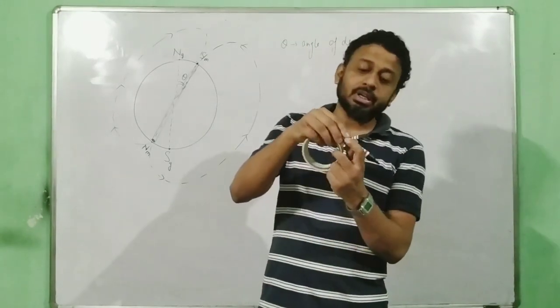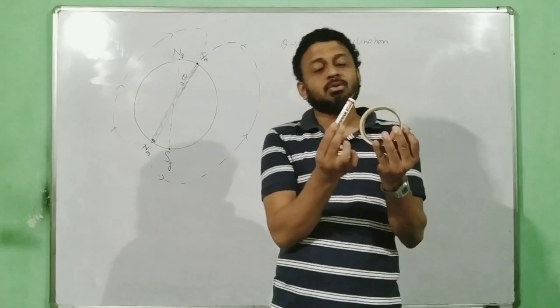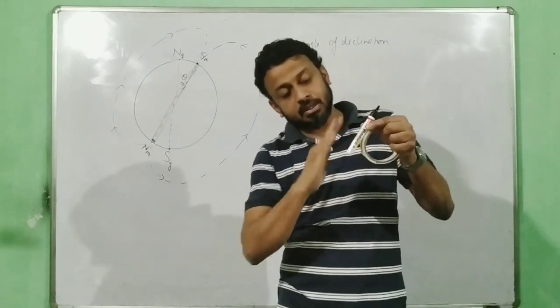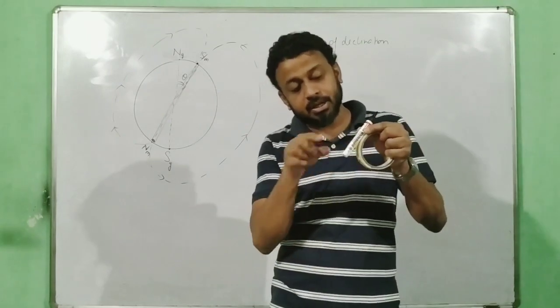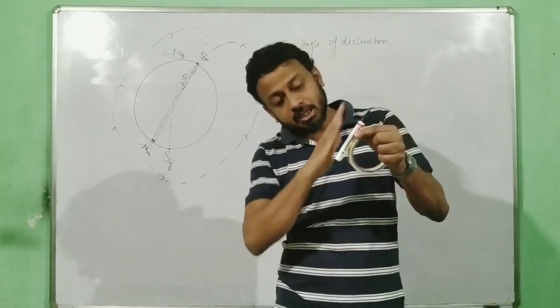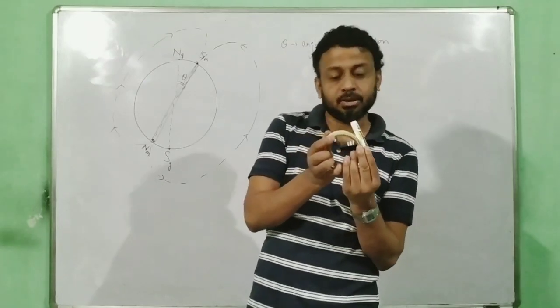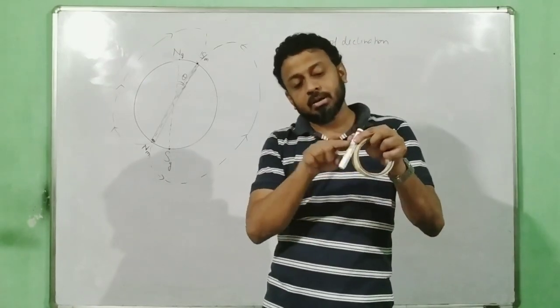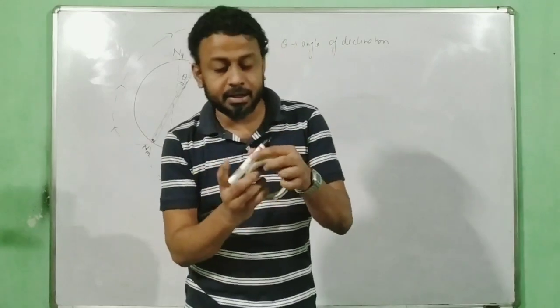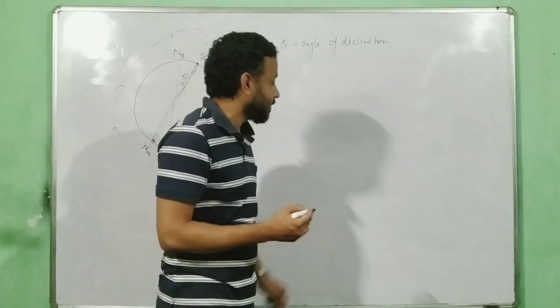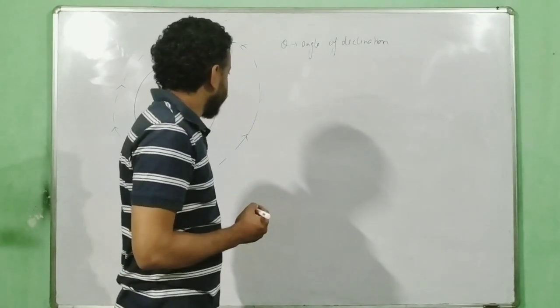So if it is over here, it will dip in this direction. But if it is here, this is also called dip only, because it will make an angle like this. So here also it will be in this shape only. The needle will make a shape like this, and here also it will make a shape like this. And here also you can create an angle, and here also you can create an angle. All of this I am going to discuss now in this particular diagram.